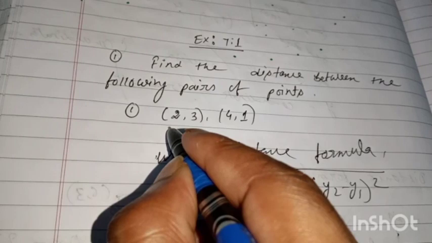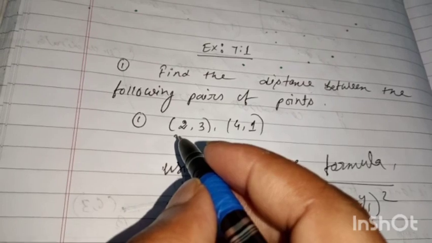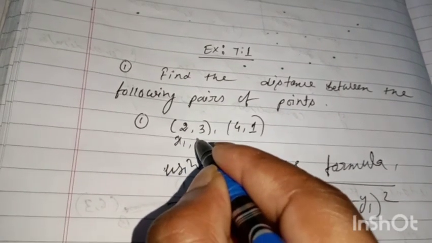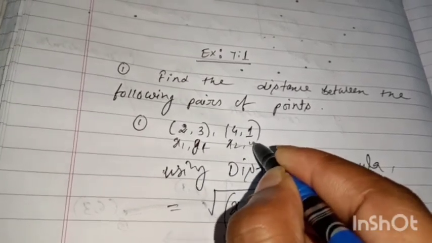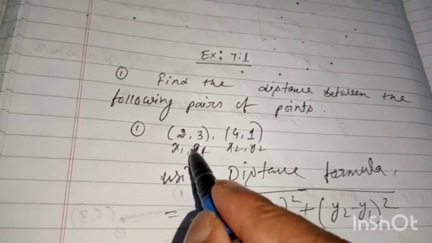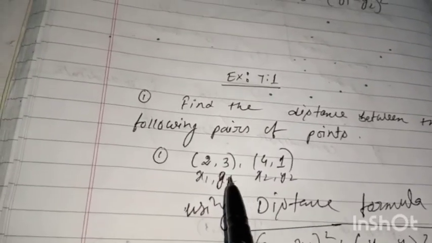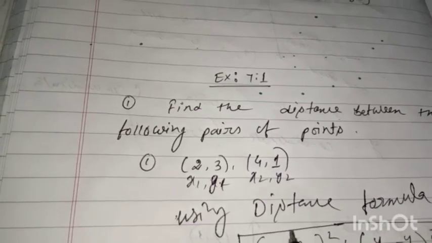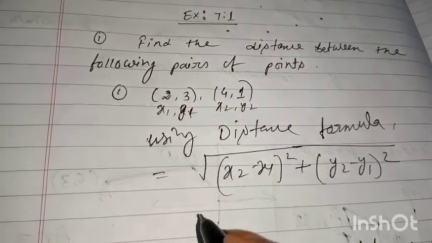First of all, you can write here what is X1. If you are thinking that I will get confused, so write like that: X1, Y1 and X2, Y2. Okay, like I have made a mistake just now, X1 X2. So don't make this mistake. It's becoming frequent, and these mistakes are called silly mistakes. So that's why be careful, because X1 Y1 X2 Y2. Okay, now X2 minus X1 whole square, this is the formula. See, X2 minus X1. Now put the values.